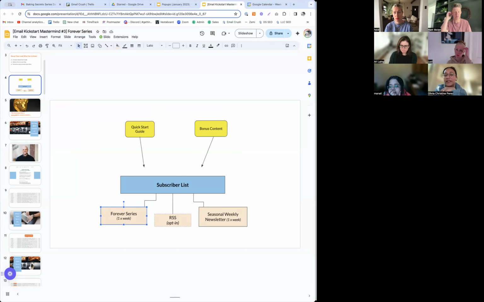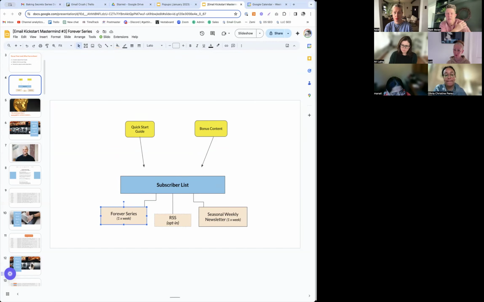Okay, that's what I currently do. Yeah, you're getting into some next level stuff there. And my experience has been that it can actually get a little bit confusing, like, wait, what goes out when? I actually created a spreadsheet that said this goes on this day and this goes on this day, because otherwise I would set it and literally forget it.